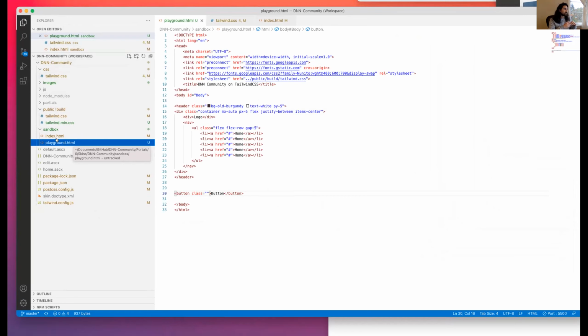I build out all my interfaces in there, and I port that over to the skins, like the default.ascx and all that. If you have a more sophisticated setup and you're running DNN locally, you could theoretically do the same thing and just work directly in your default.ascx or whatever.